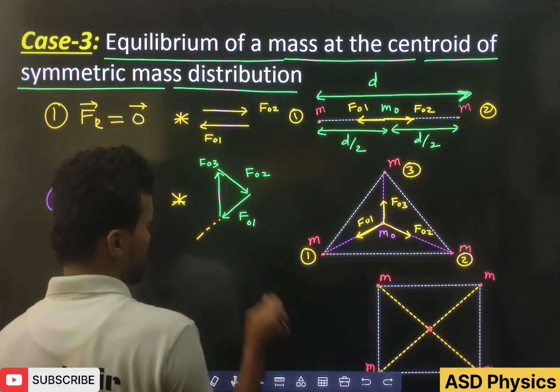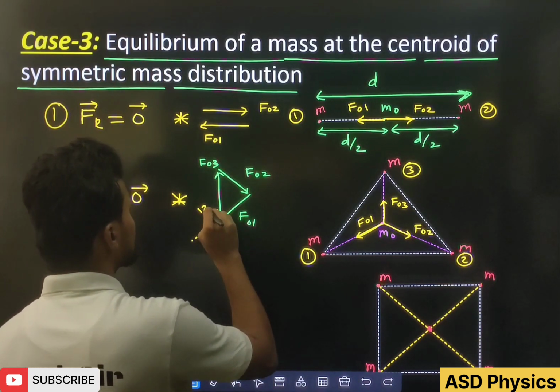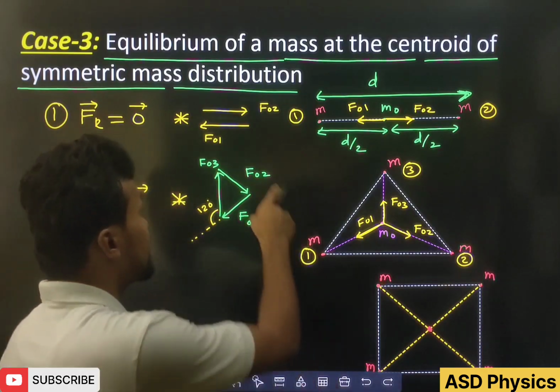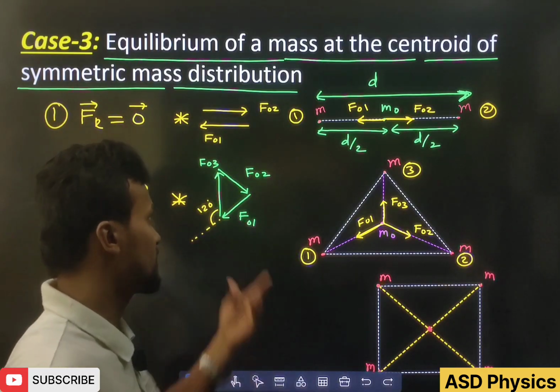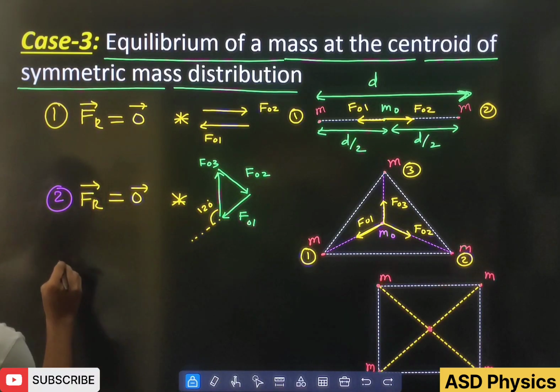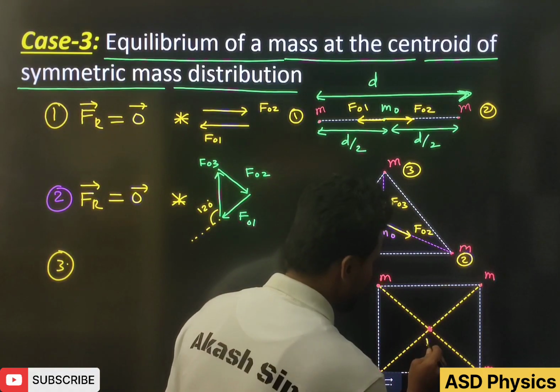If I extend the line here, because tail and head are coinciding, it is 120 degrees. Similarly, the other vectors are also 120, 120, 120. Here also it is an equilateral triangle. Maybe it is not looking like that, but this is an equilateral triangle. Okay, great. After that, students, if we talk about the third one, here also, if I put here